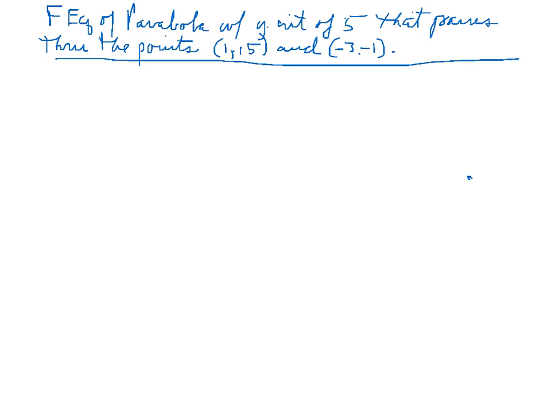We know that every parabola can be written in standard form, y equals ax squared plus bx plus c, and you hopefully remember that c is the y-intercept. Now if you know that, then you can just rewrite this equation, changing the c to a 5. If you don't know that, you can think of it this way: a y-intercept of 5